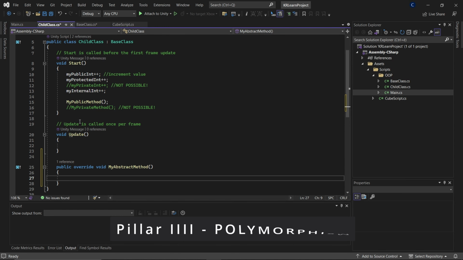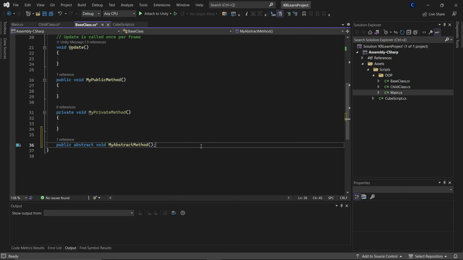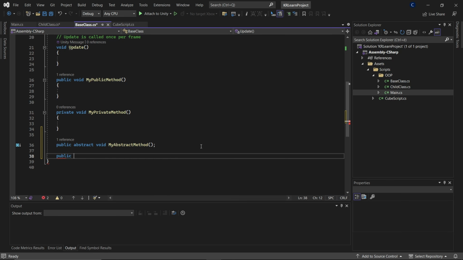Now, what about polymorphism? Polymorphism comes in two ways. One is so-called static polymorphism or compile time polymorphism, and the other one is runtime polymorphism or dynamic polymorphism. I'm going to show you the static polymorphism, which is the easiest one, and then we'll move to the dynamic polymorphism. So for the static polymorphism, let me go back to base class, and below here, I'm going to define two other methods, which I'm going to call public void my static polymorphism method,